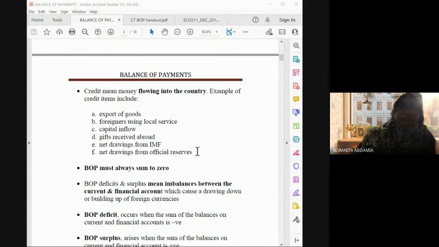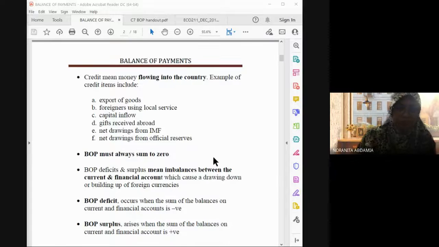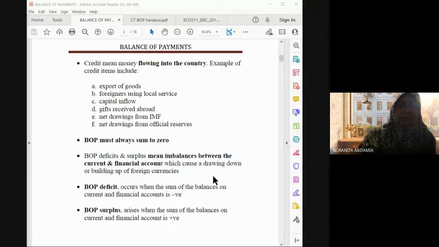And one thing you have to remember, BOP must always sum to zero. Okay, so in one transaction, one record, the BOP must always be zero. Macam mana pun, at the end dia kena zero. How? Nanti saya tunjuk macam mana. Okay. And for this BOP, after we record everything in 1 year, at the end of the year, what's the conclusion of the BOP? Maksudnya apa status dia? So at the end we will know the BOP, or the transactions between both countries, let's say our country and Singapore.